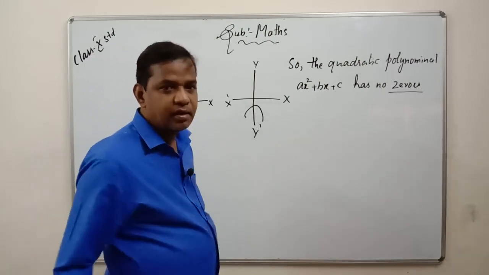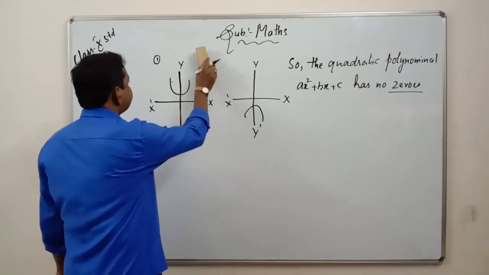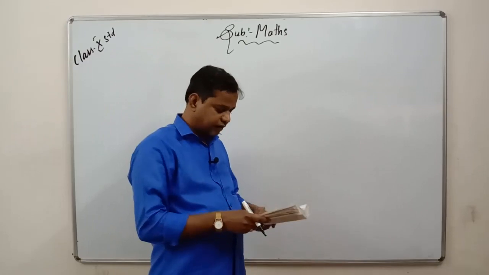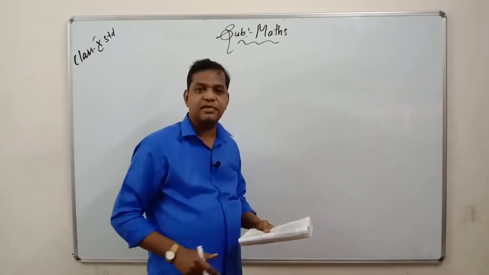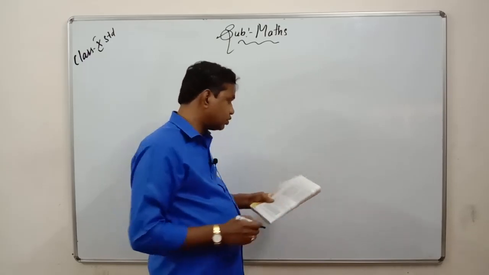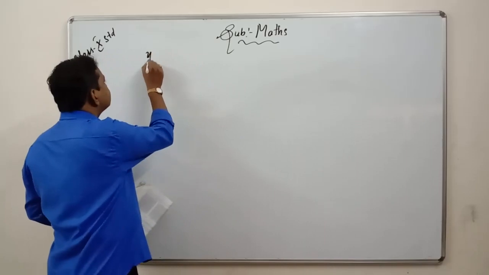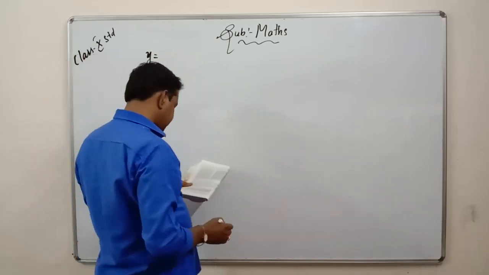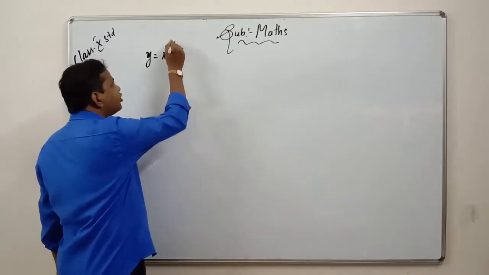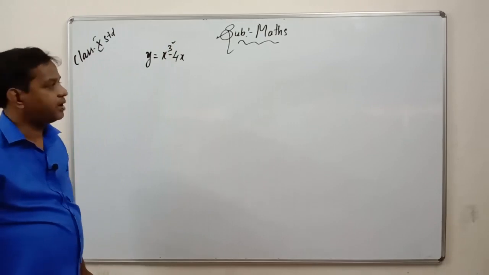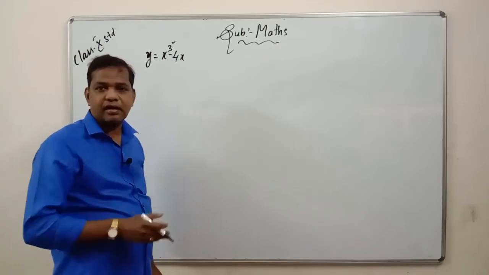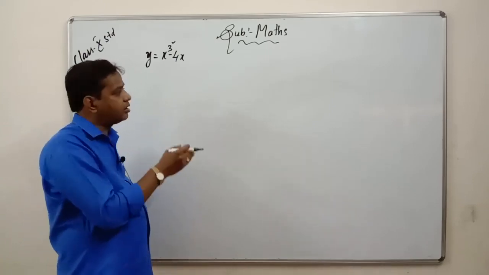Let us see about the cubic polynomial. Let us take one example and go with the cubic polynomial. You can see the textbook, page number 6, where he has mentioned it. He has mentioned the cubic polynomial y equals x cube minus 4x. We have a cube here, so it is a cubic polynomial. He has also mentioned the values, no need of calculating the values again, you know how to calculate them. He has given the table, and according to the table he has given the graph also.